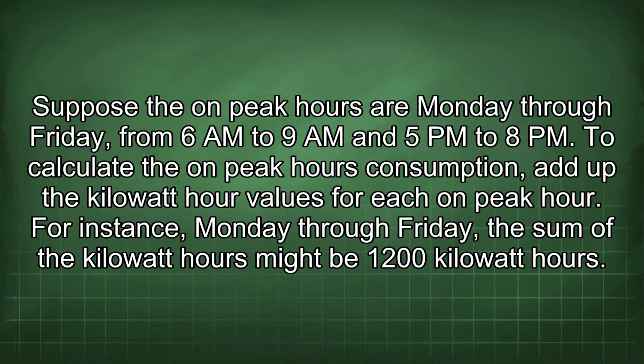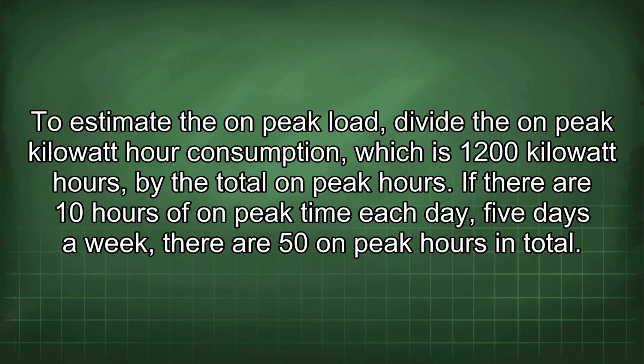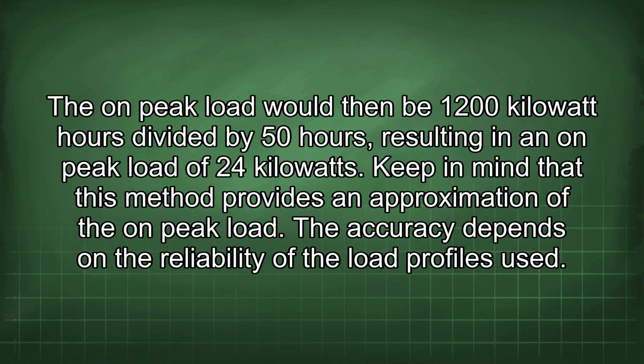For instance, Monday through Friday, the sum of the kilowatt-hours might be 1200 kilowatt-hours. To estimate the on-peak load, divide the on-peak kilowatt-hour consumption, which is 1200 kilowatt-hours, by the total on-peak hours. If there are 10 hours of on-peak time each day, 5 days a week, there are 50 on-peak hours in total. The on-peak load would then be 1200 kilowatt-hours divided by 50 hours, resulting in an on-peak load of 24